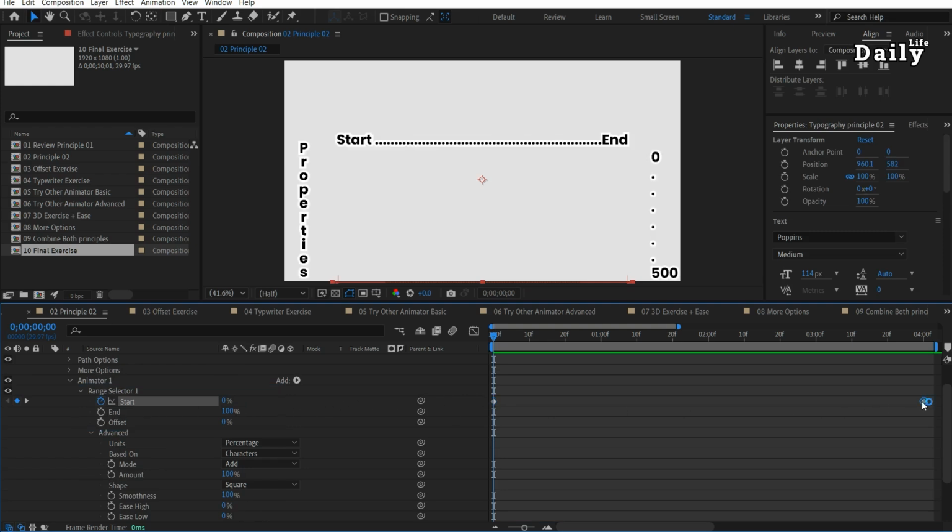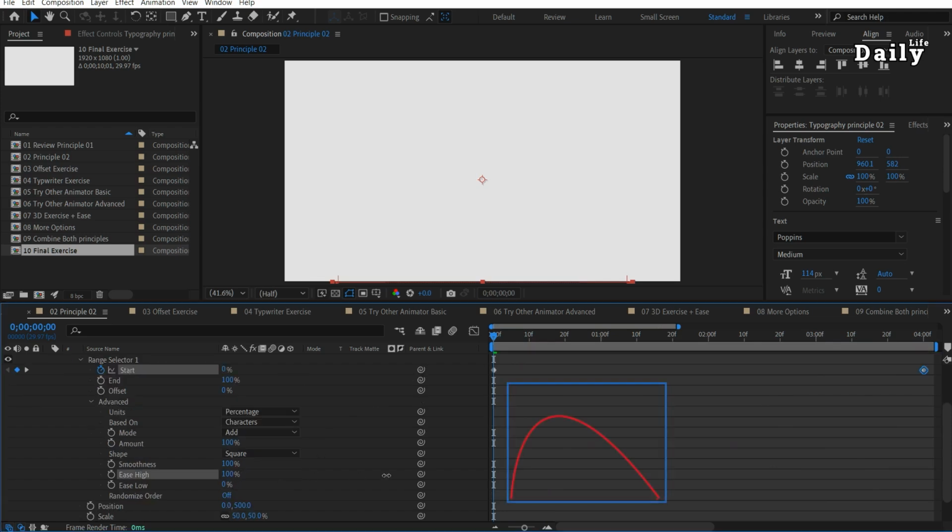The property-based moves the characters from the current value, 500 for the Y position, to the default value, 0 for the Y position. The range-based moves the start or end point from left to right. Ease high and ease low act like what can be edited in the graph editor for the keyframes and affect the property-based.